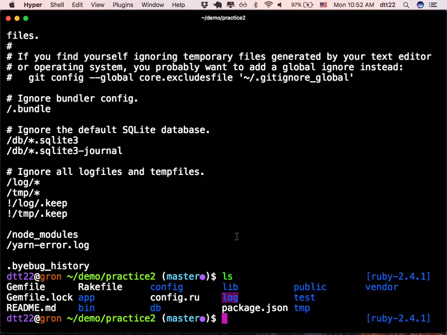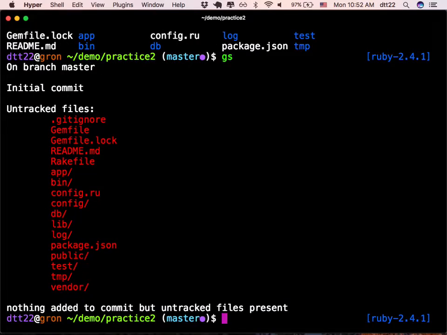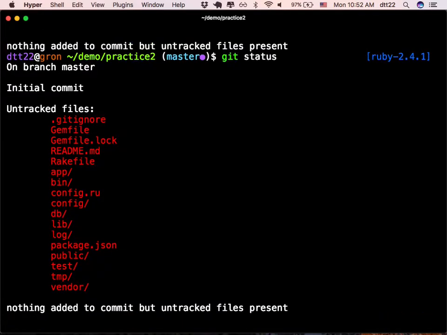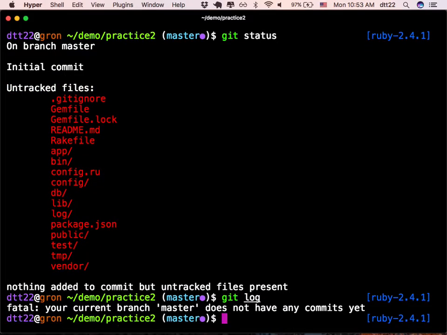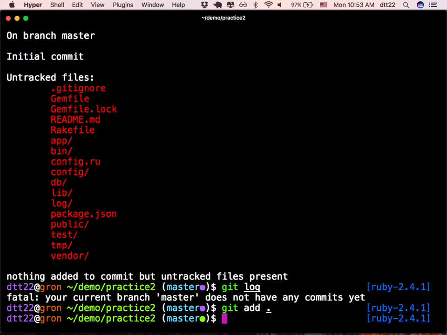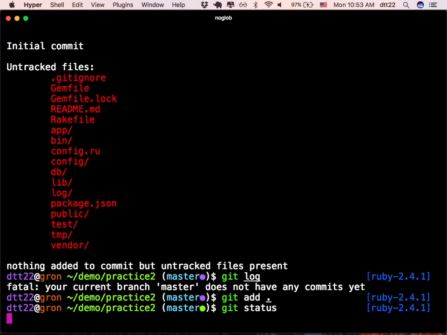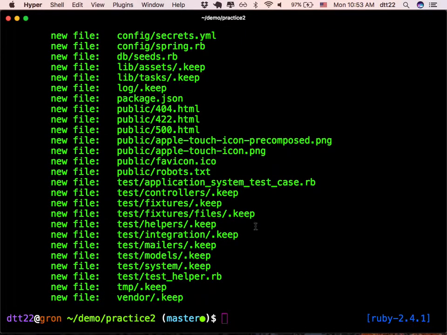Now Rails only ran the git init thing for you. So if you run git status, my alias gs is git status, you see everything is still untracked and there are no git commits. If I type git log, it will say your current branch does not have any commits yet, right? Nothing yet. So the first thing you do is add all the files that you have created. Git status again. These files are now